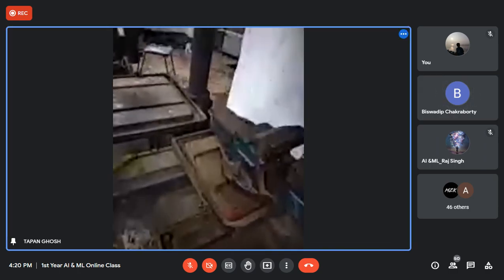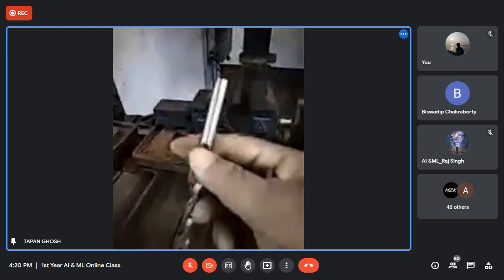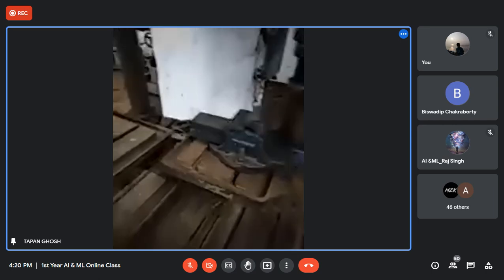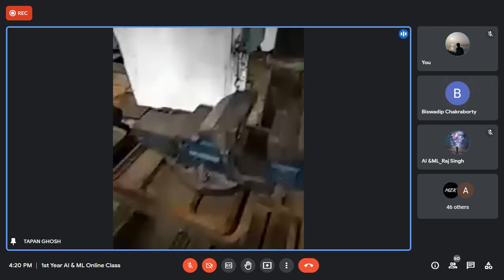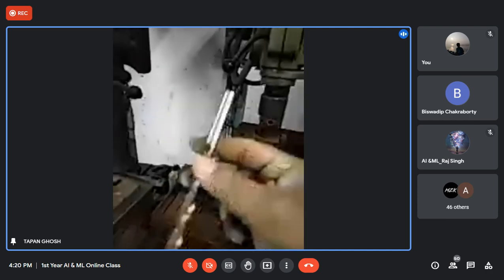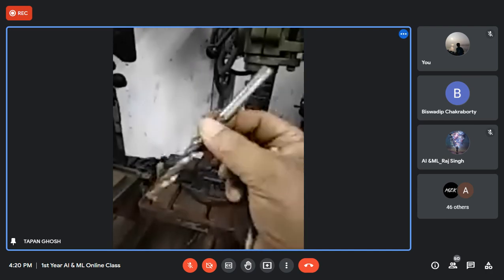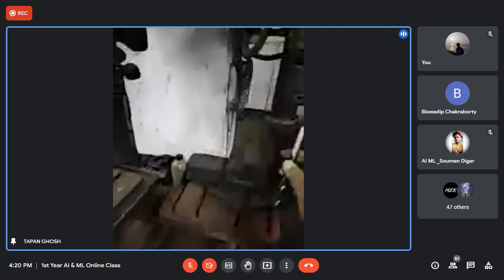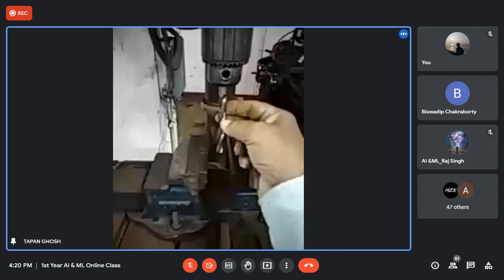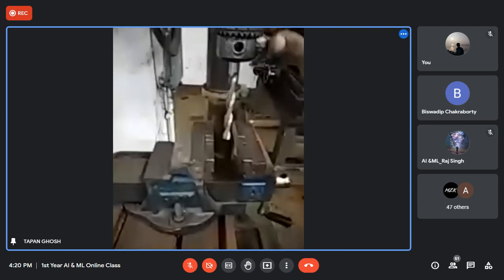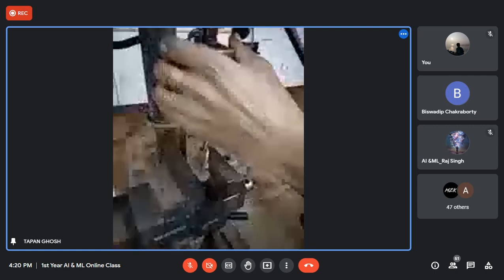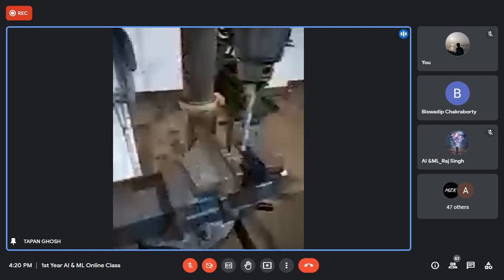You see that this is called the drill machine. This is called the drill chuck, and this is called the drill bit. You fit the drill bit inside the drill chuck and tighten it.